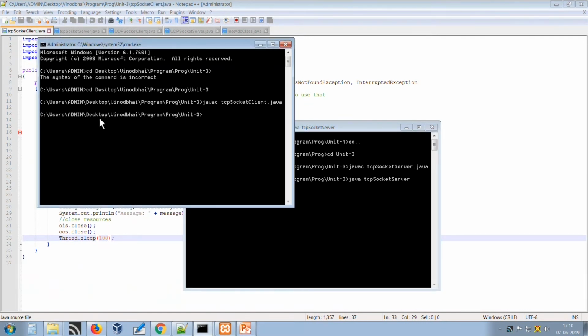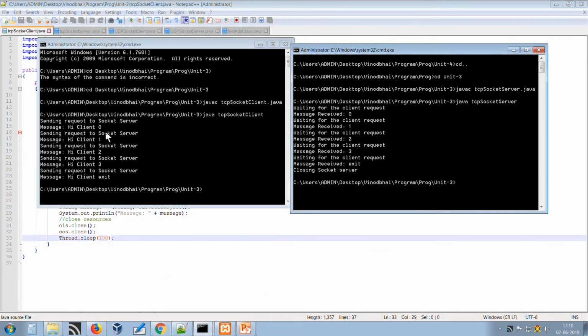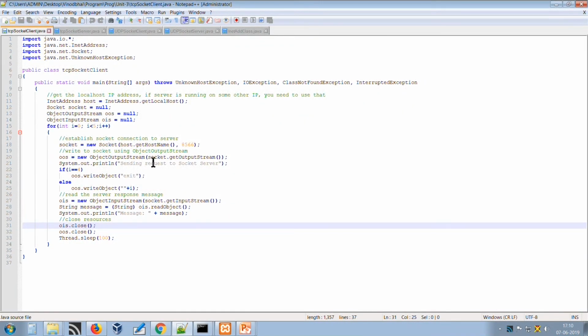Now here we will run the client program. Once the client program starts, see here in both the screens, 1 0 1 2 3, up to the 3 we have checked the condition that 4 equals exit. Then up to the third stage, the client will write the data to the server, server receives it, processes it, sends back to the client, and at both ends we have printed. So the message is displayed in both the prompts. So this is all about client and server using the TCP environment, using the server socket and socket class.